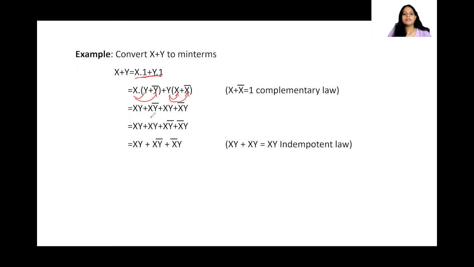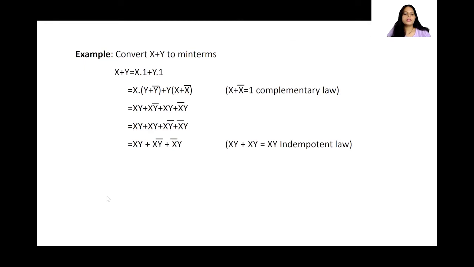Now let's reshuffle this for better understanding. So I'm writing xy here, xy bar here, x bar y here. Now xy plus xy, whenever it is xy, x plus x, this is nothing but x. We have already seen this in the laws. So these two terms become one term. Then we are left with these two. There is nothing common here, so I cannot take anything common out. This is what we are left with. So this is the min term of this expression, right? Now you can observe here that in all the terms we have both the variables. This is how we get the min term of a given expression.